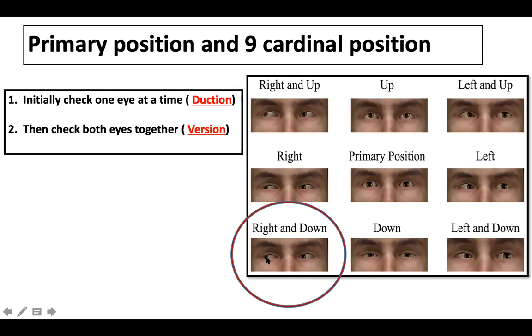In order to look right and down, you need the right eye inferior rectus and the right eye lateral rectus. You need your left eye medial rectus, but you also need your left eye superior oblique to look at your right downward gaze. So this diagram you need to keep in mind, because the oblique muscles have opposite action, whereas the recti have direct action. Superior recti means up movement, inferior recti means down movement, lateral recti lateral movement, medial recti medial movement. But the superior oblique causes opposite movement. Superior oblique causes inferior movement of the eyes, and that too to the opposite side.